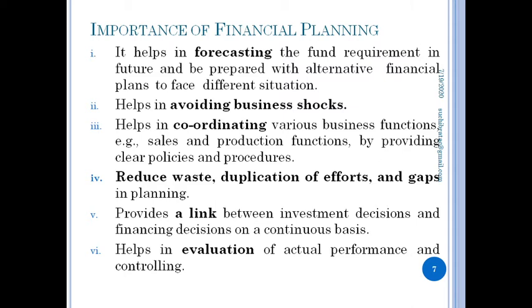Instead of that, the firm may grow only say 5%, or the firm potential will suddenly rise to 30%. So in these three situations, say 5%, 10% and 30% growth, the firm should be ready with alternative